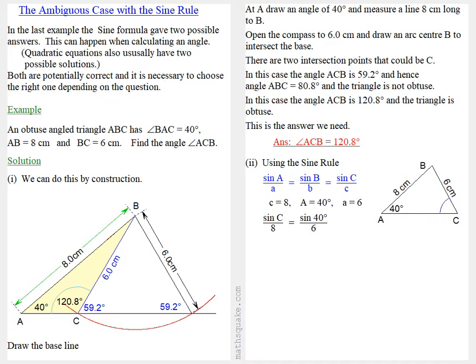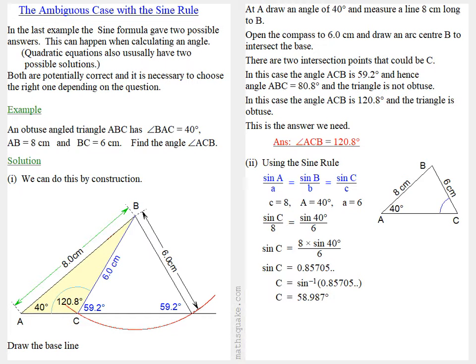If we multiply both sides by 8, we get sine C equals 8 times sine 40 all over 6, which means sine C is equal to 0.85705. And if we take the inverse sine, we get C equals the inverse sine of 0.85705, which the calculator gives as C is equal to